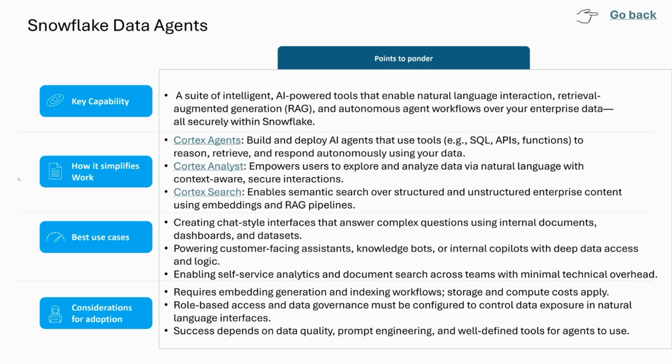So this is a great feature, a great development, and we're looking forward to seeing what more agents are going to be added within Snowflake. This is one of the things I'm very curious about.